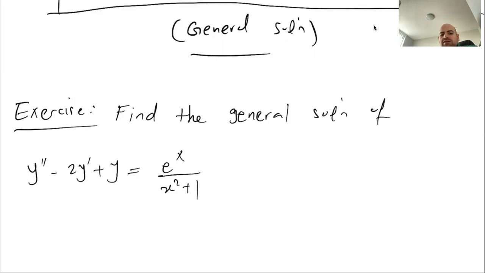The procedure is similar to the previous example. The function in the right-hand side does not appear in our table. So we cannot use undetermined coefficient method. Instead, we can use